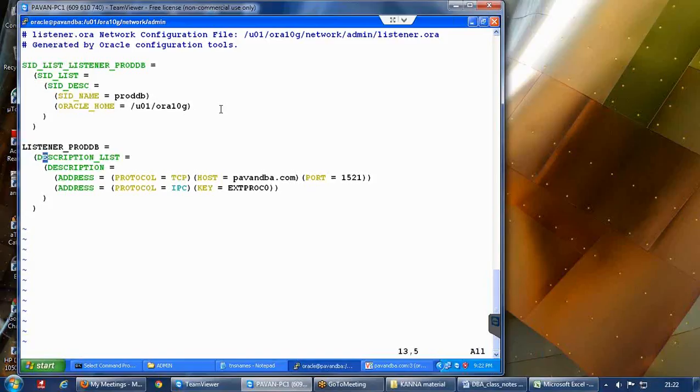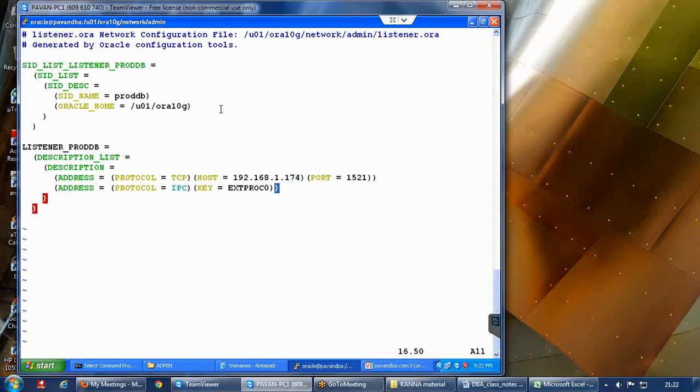Coming down to this address line, even though the host name is fine, it is better to always have an IP address instead. That is why I am removing the host name and using the IP address there. I am not changing the port number because I am using the same port number in tnsnames.ora also.